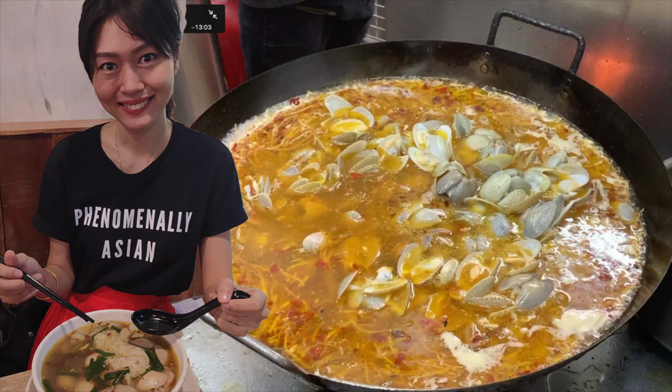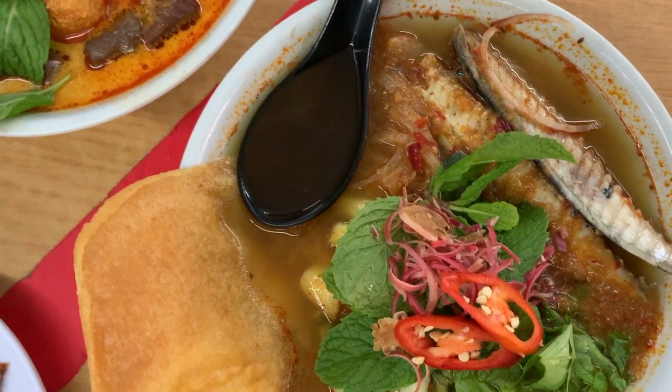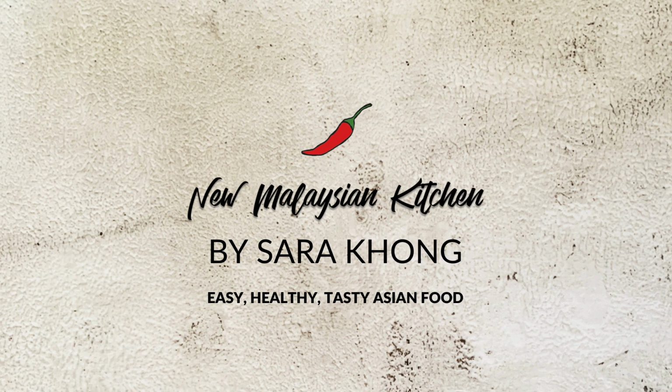The last time I took you to eat prawn noodles and clam noodles. Today I'm going to take you to eat two types of laksa. It's Malaysian noodles with spice broth. So I really miss Penang food. I'm here to find the best Penang curry laksa and Asam Laksa in Kuala Lumpur that you probably have not